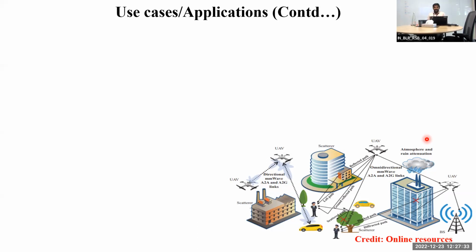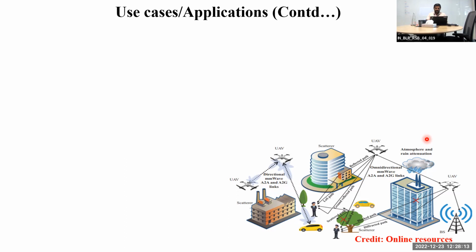Another important application is that drones can be used whenever there is an emergency situation, where a flood or earthquake has happened and the complete network has gone down. Now they are talking about the network on the drone. They will place the network components in the drone itself, and it will fly to that particular region and start giving coverage to that area. You might have heard this in the Ukraine war, right? They used Starlink, space-based systems, to cover the Ukraine area because there was no coverage at all.